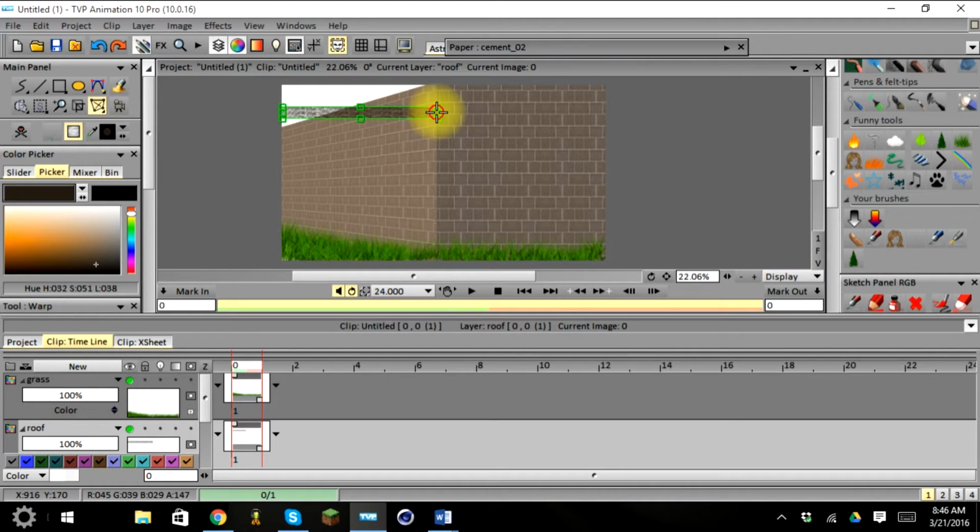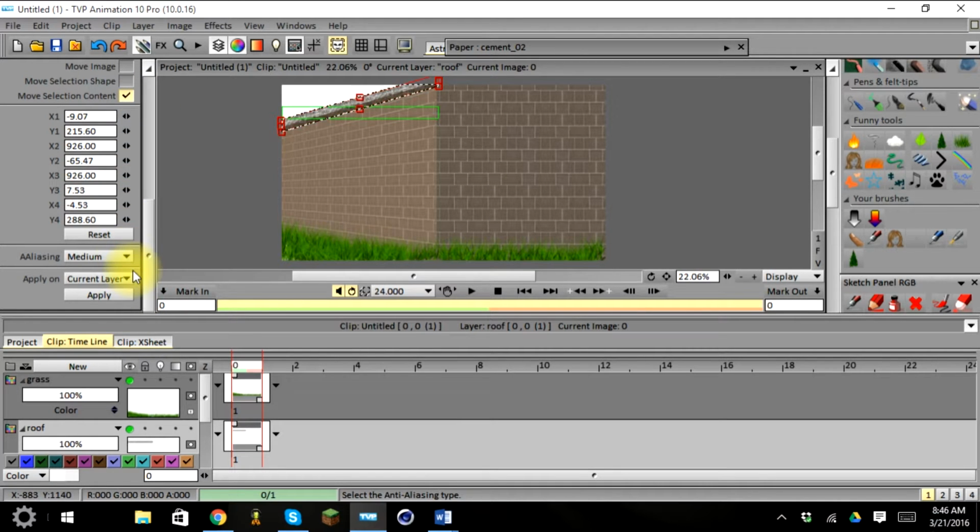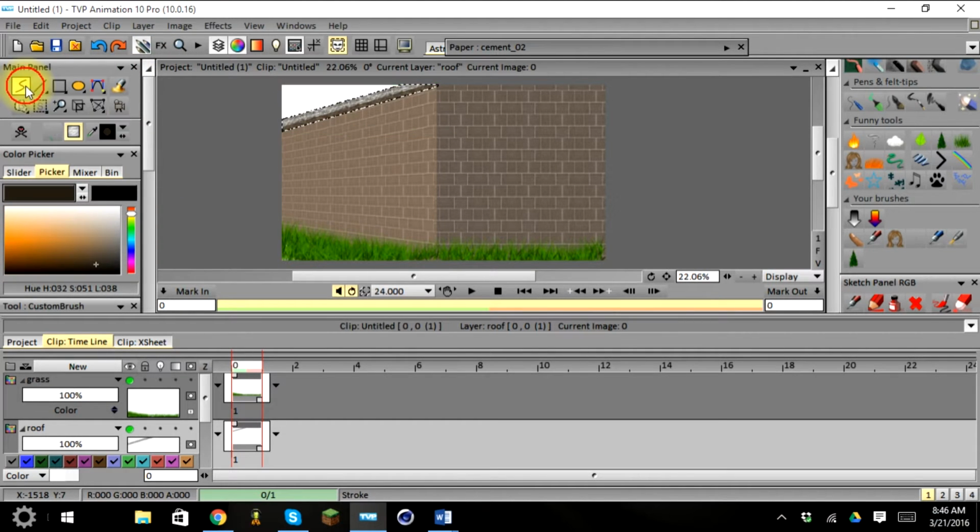And first of all, we're going to rotate this up and make sure it goes to the corner of our building. And we're going to pull this down. And then when we get it in position, all we have to do is push apply down here in the bottom of our menu. And we applied it to our building. And then to look at it, we just go ahead and clear selection. As you can see, we have a nice edge on the roof of our building,